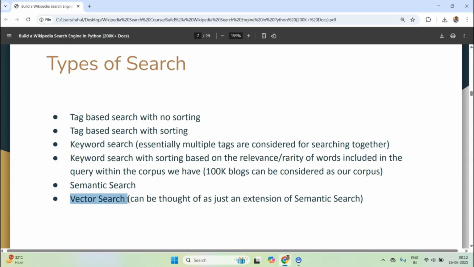It doesn't just look for the presence of a word, but how important that word is in the document relative to the whole collection of documents. Here, a document means one Wikipedia article and collection of document means all the Wikipedia articles. So a word like the appears in every document and carries almost no weight, while a word like moon might be rare and very informative.